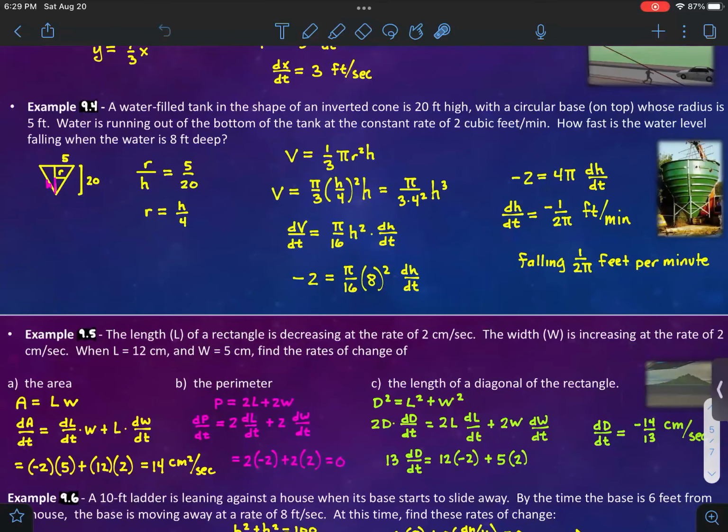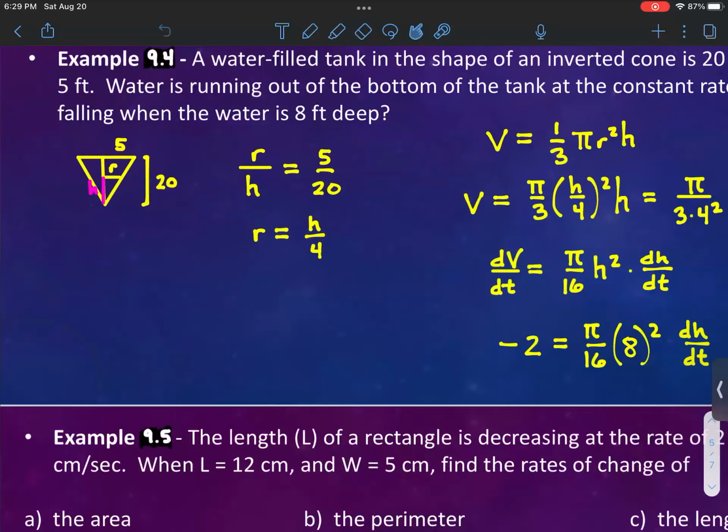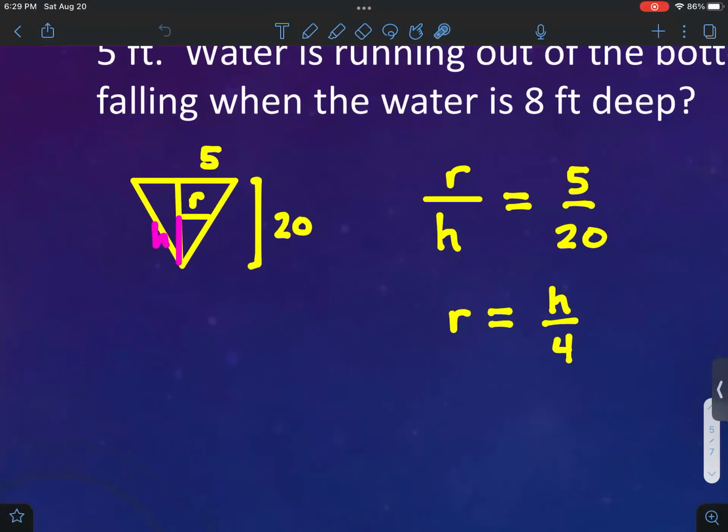It's likely to make silly mistakes. It would be a lot better if instead of R and H, we could somehow just have one variable on that side. And as you can see, looking at my work, there is a way to do that. So I've got this secondary equation that I'm working on over to the side here, just noticing the fact that even as the water level is changing, there's like a cone within a cone. We've got the unchanging cone that represents the entire tank, but there's the cone of water that's getting smaller as water drips out,